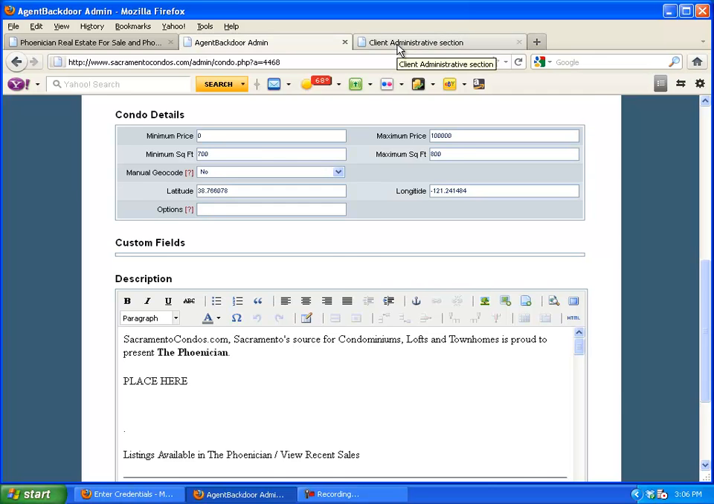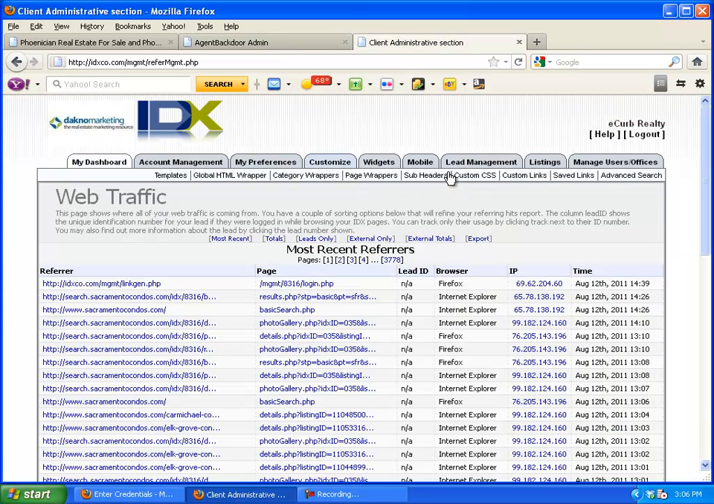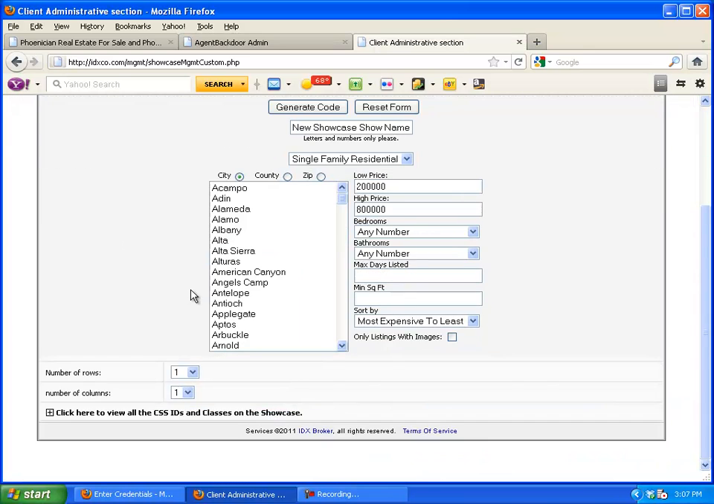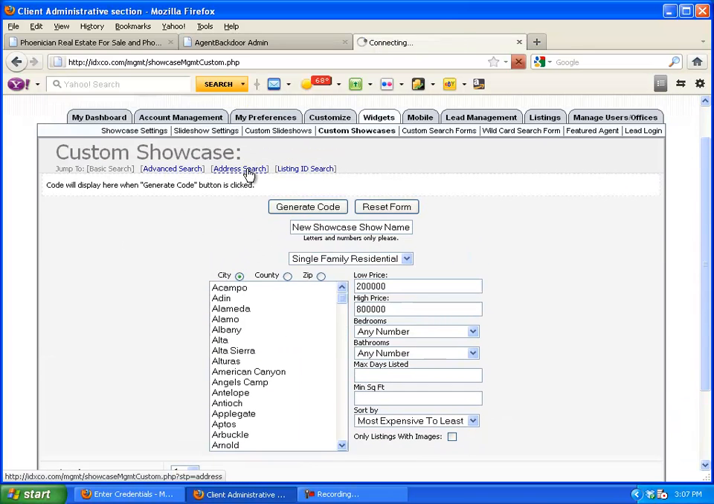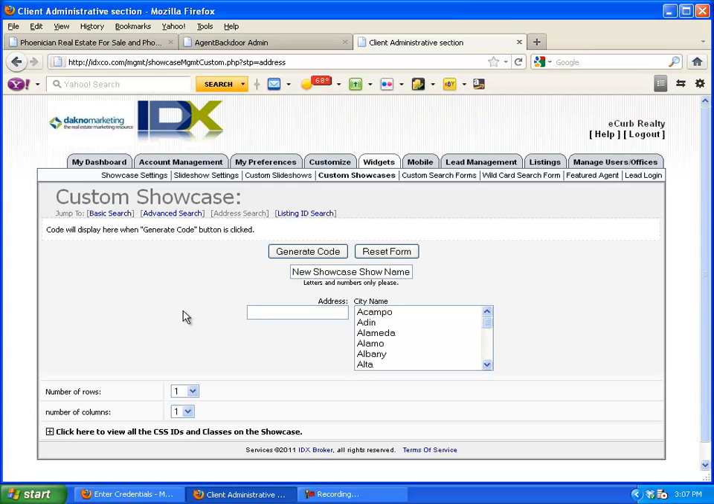Now I'm going to go over to my IDX broker, and I'm going to go under widgets, and what I want here is a custom showcase. Now what I'm going to do is, I know that property. We're going to go under address search, because that's where this property in particular has an address, and that address